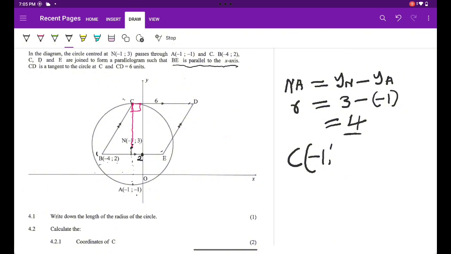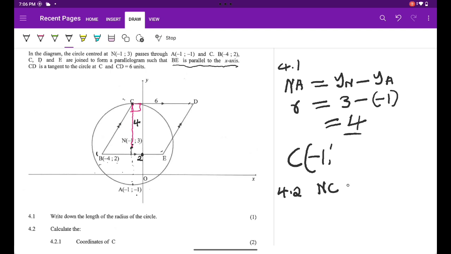Now remember, the radius is 4, meaning from N to C is 4 units. So already we know this distance, so we can do the same thing as we did in number 1, as we did in 4.1 here. So for 4.2, we do the same. We use the same formula, that the distance of